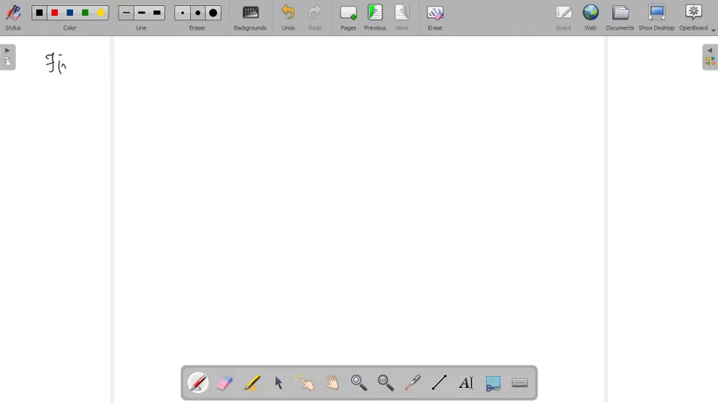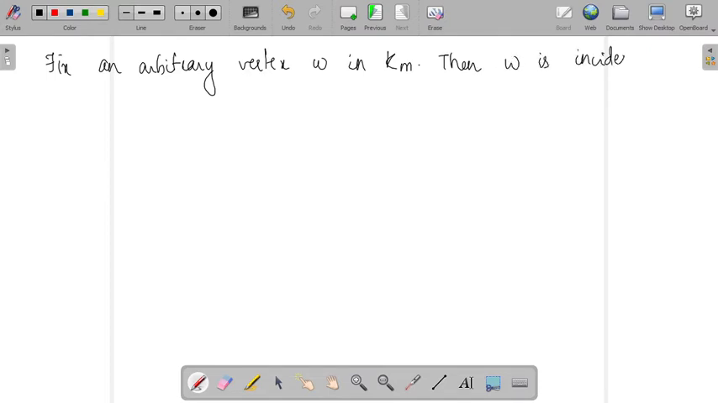So fix an arbitrary vertex W in Km, then W is incident with m minus 1 edges. So if you take a random vertex in Km, there will be m minus 1 edges incident on the vertex. Now we need to prove that,